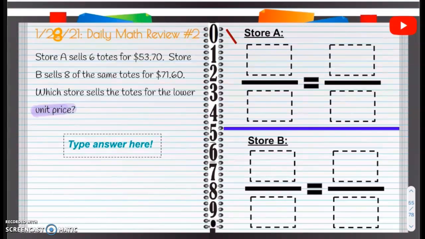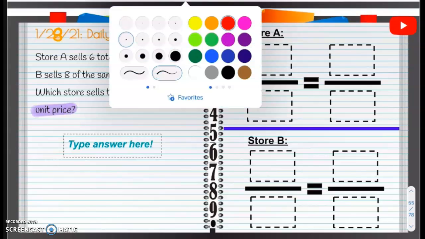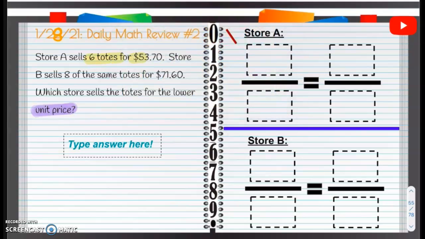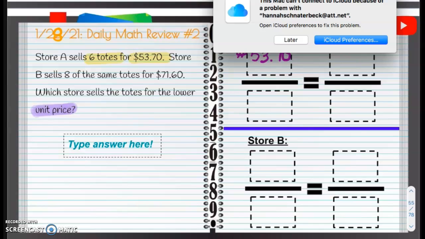Yay, unit price. All right, now, store A. Let's see here. Store A sells 6 totes for $53.70. Remember, money on top, money on top. So $53.70, and that's going to be for 6 totes. So how much is it for 1 tote? Well, we're going to divide. We're just going to do $53.70 divided by 6. And when we get that,